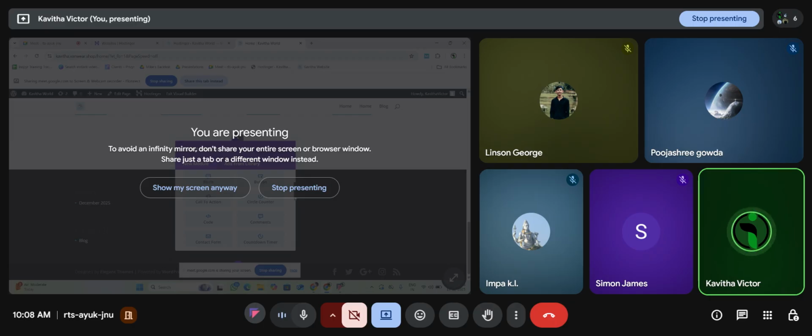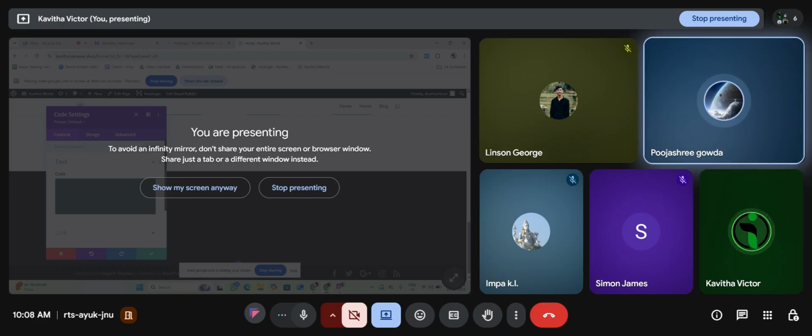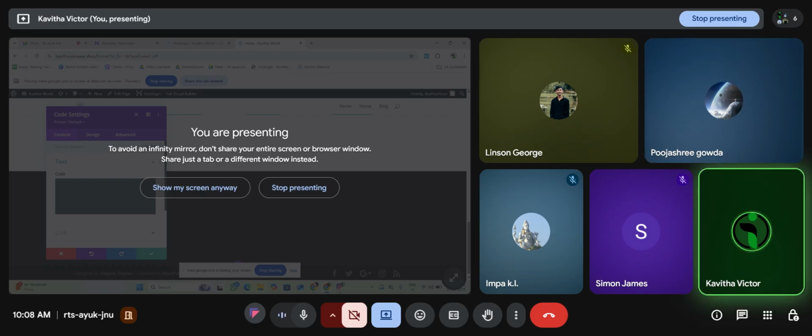Okay. So now we will be seeing the next module, code. So usually what is code? Any web page is in the form of background code, right? Usually it is HTML code. We are not building our website using HTML code. But still, if you want to add any coding in between and design your website, if you are good at coding,